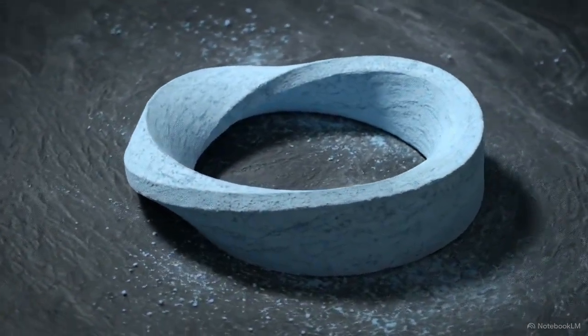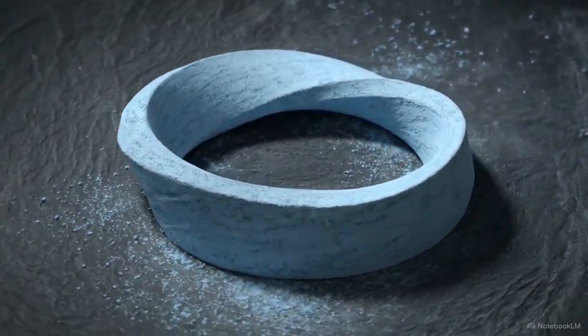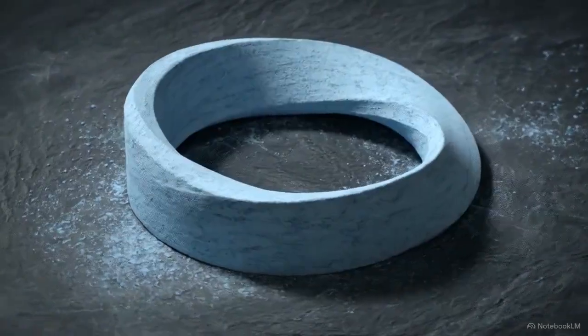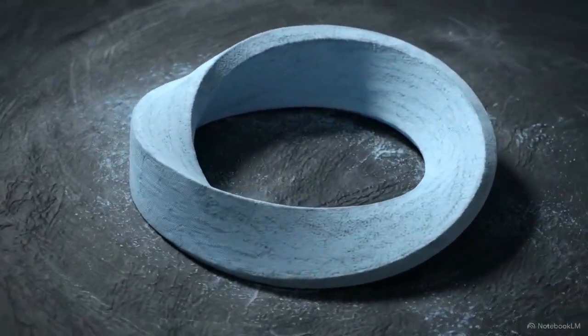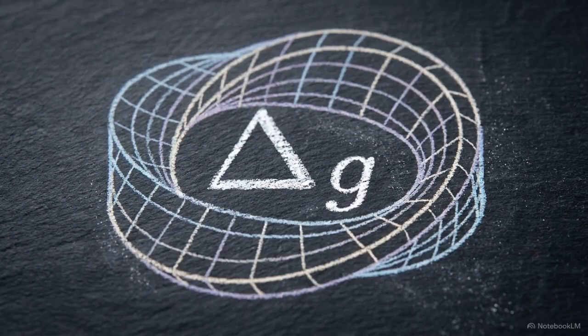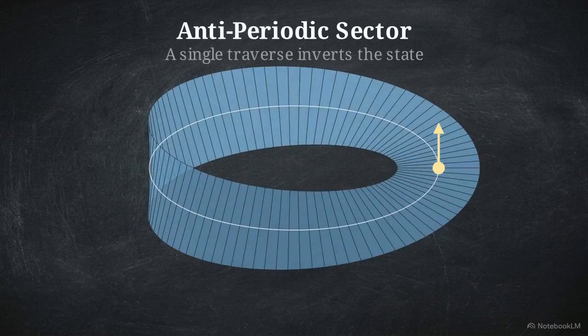Let's start with the standard open Möbius band. In non-orientable surface geometry, it's the foundational object we use to study boundaries and edge identifications. When analyzing the spectral behavior of this surface, we evaluate the twisted Laplace-Beltrami operator. Specifically, we examine the anti-periodic sector, where a function's value perfectly inverts as it completes a single traverse of the